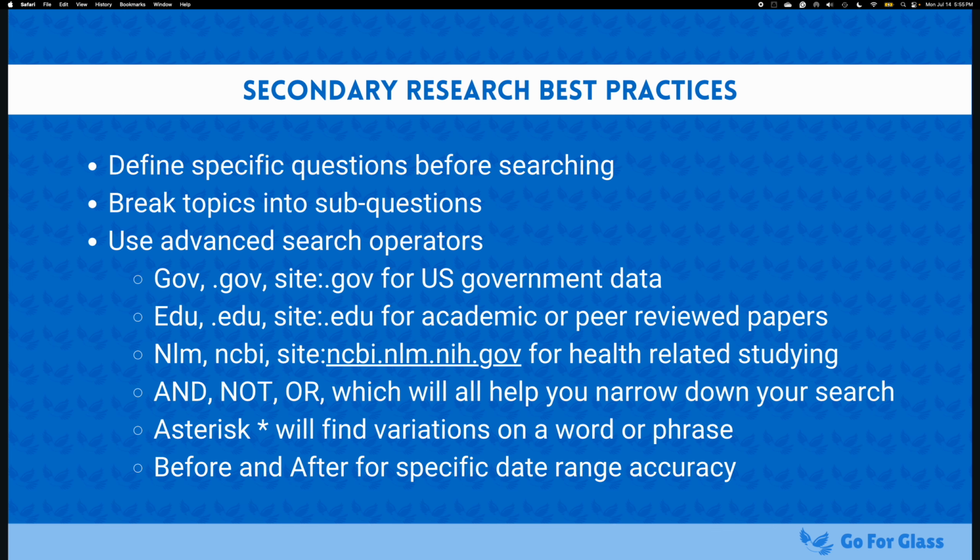This is a lot of information, so I will go through and really quickly explain it. The first line, .gov, U.S. government data. You can do this, by the way, if you're looking internationally. You would just say site:.gov Canada. You can specify it if you need to look. U.S. government data is great for policy. It's great for law. It's generally one of the more reliable sources. You may see